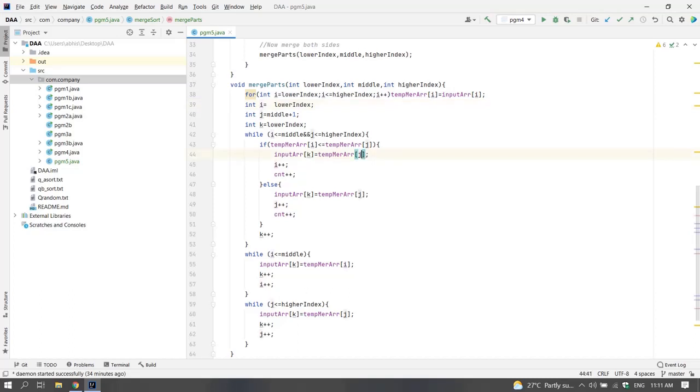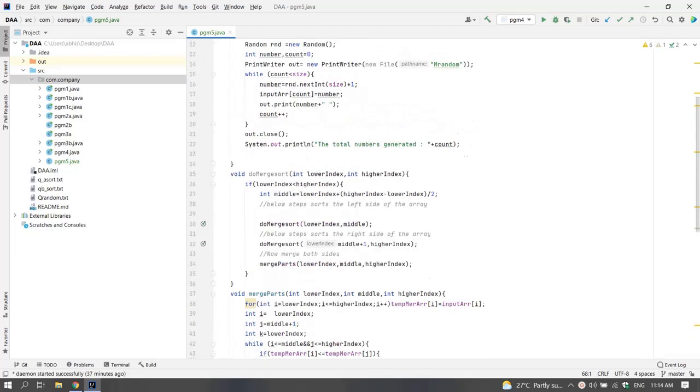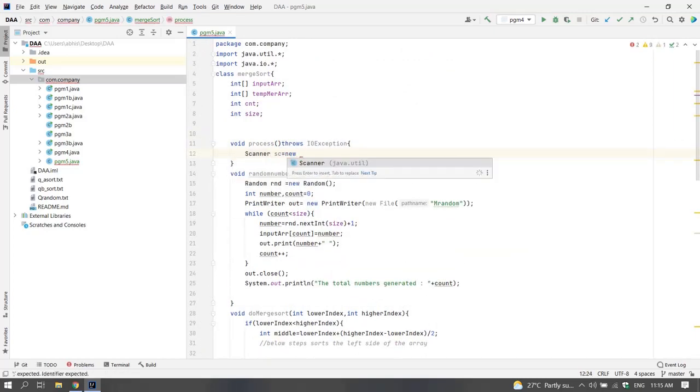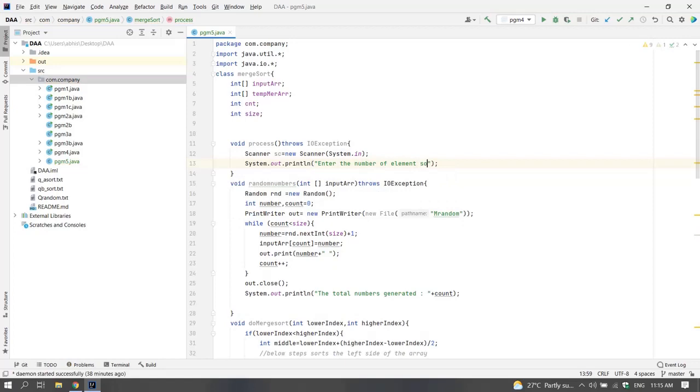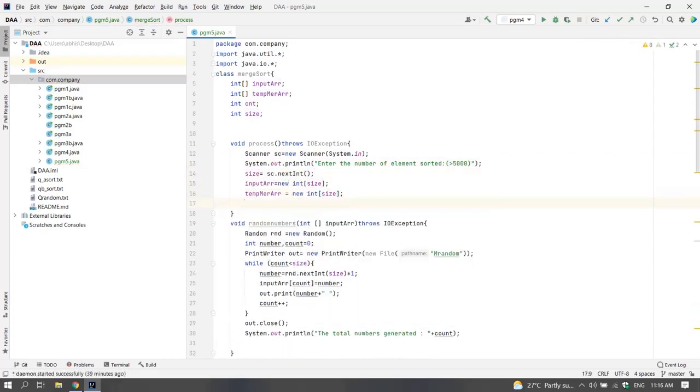So now we are done with our merge parts and do merge sort methods, and also with our get random function. So it's time for our process method. Now we will call our random function, get random, which gives our random numbers.